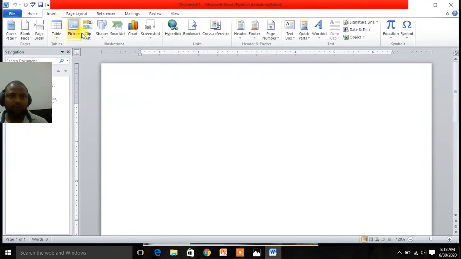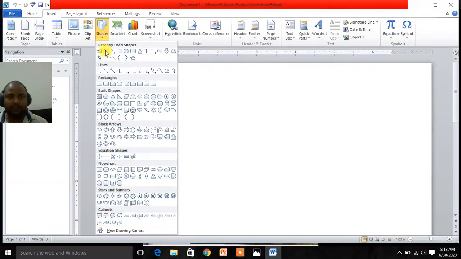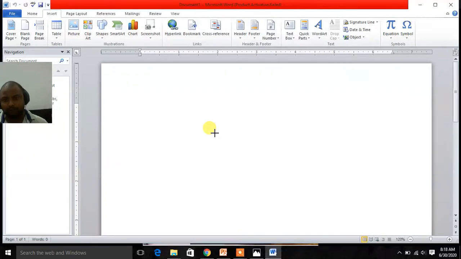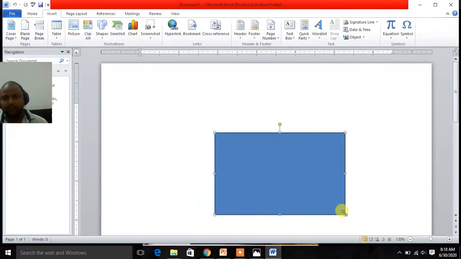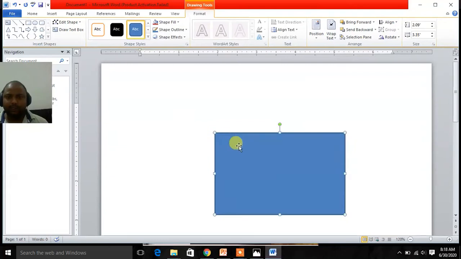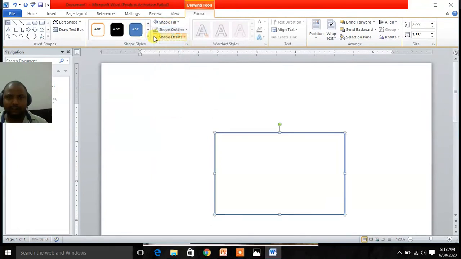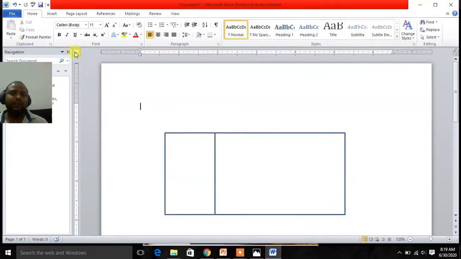Now click on shapes and take one rectangle from here, draw rectangle, and shape fill is given here, so click here and click on white color. So now again click on rectangle and draw this and shape fill white color and drag this to make this equal. Now